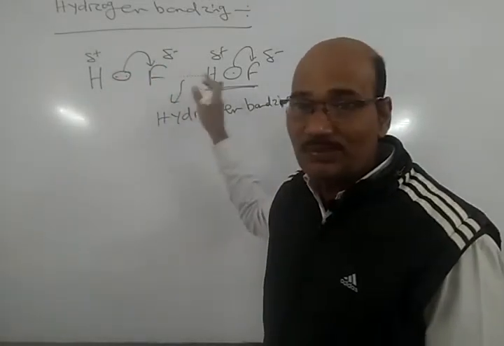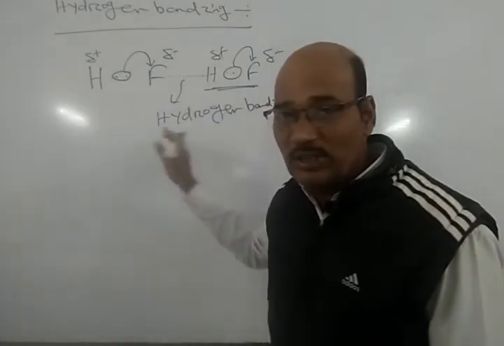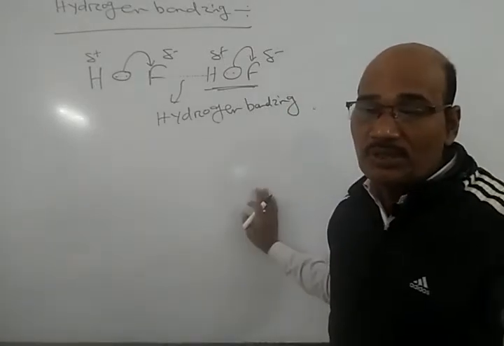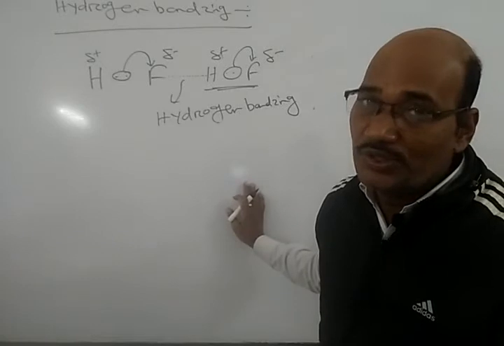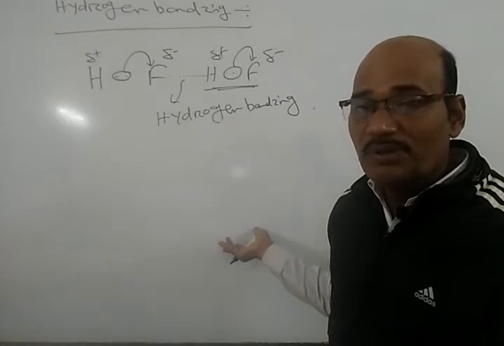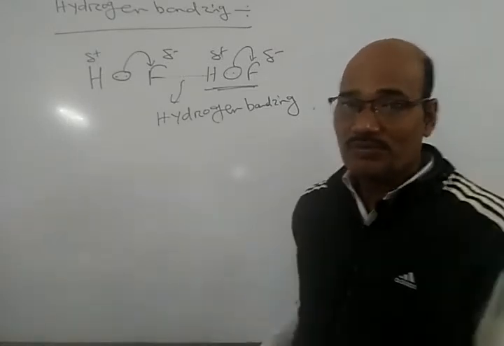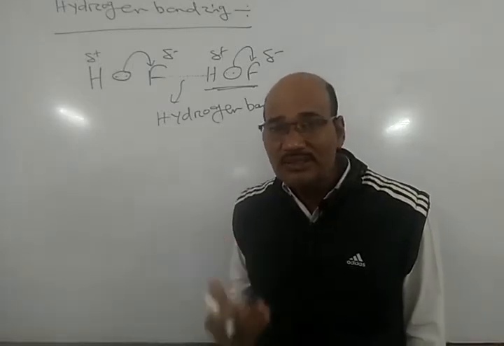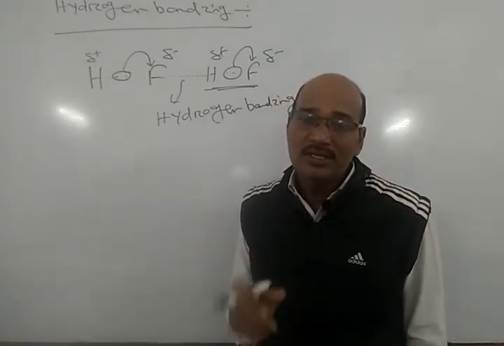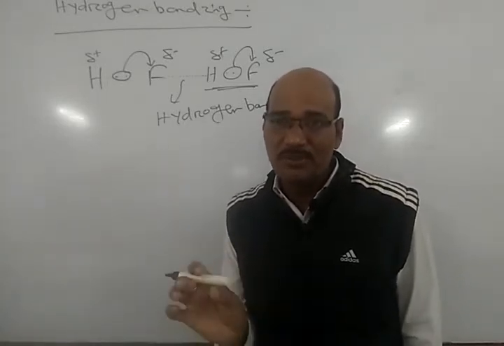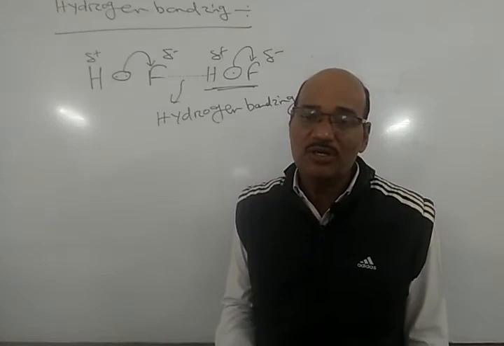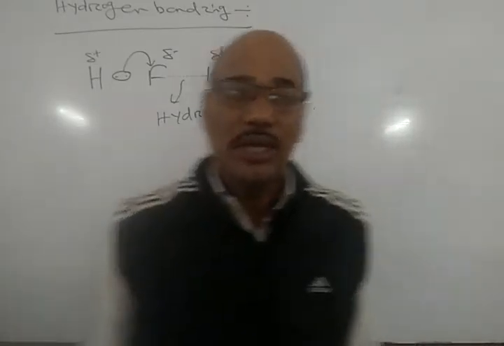Here I can take HF, okay, I can take H2O, or I can take also H2O and alcohol, water and alcohol. Between water and alcohol, there can be hydrogen bonding. Between your HF, there can be hydrogen bonding. Okay. Between water, there can be hydrogen bonding. So when we are considering the hydrogen bonding between water and water molecule, you can say that same kind of molecule the bond is happening. When we take alcohol and water, that also there can be hydrogen bonding with alcohol and water. Okay.